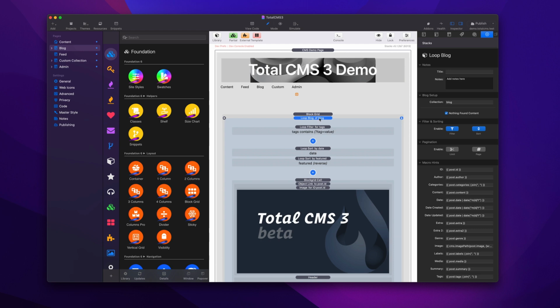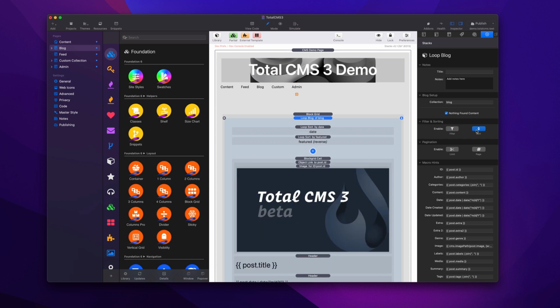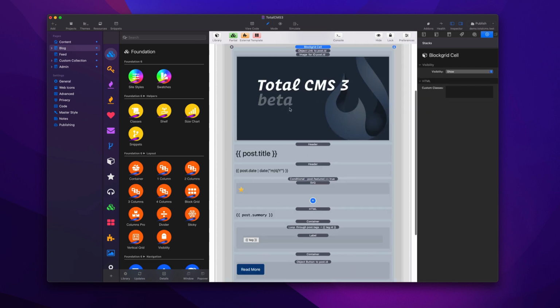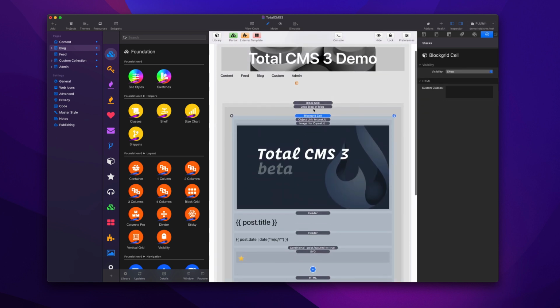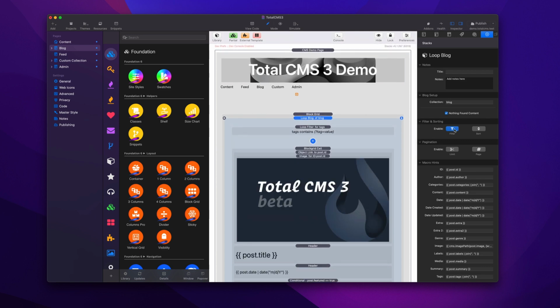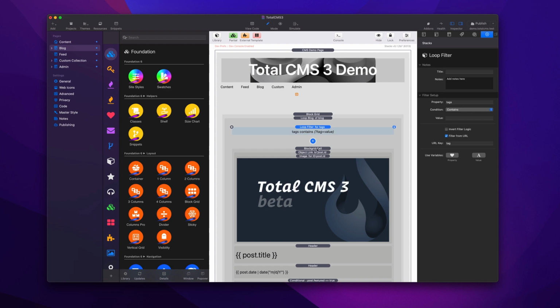Now, when you open up your existing Stacks projects, you will notice an issue with the loop stacks. By default, the filter and the sort will be turned off, and you will not see your content here. So what you need to do is turn on the filter stack. And instead of this loop filter being here, you'll actually see your old content. What you're going to do is take that old content and drag it into the drop zone